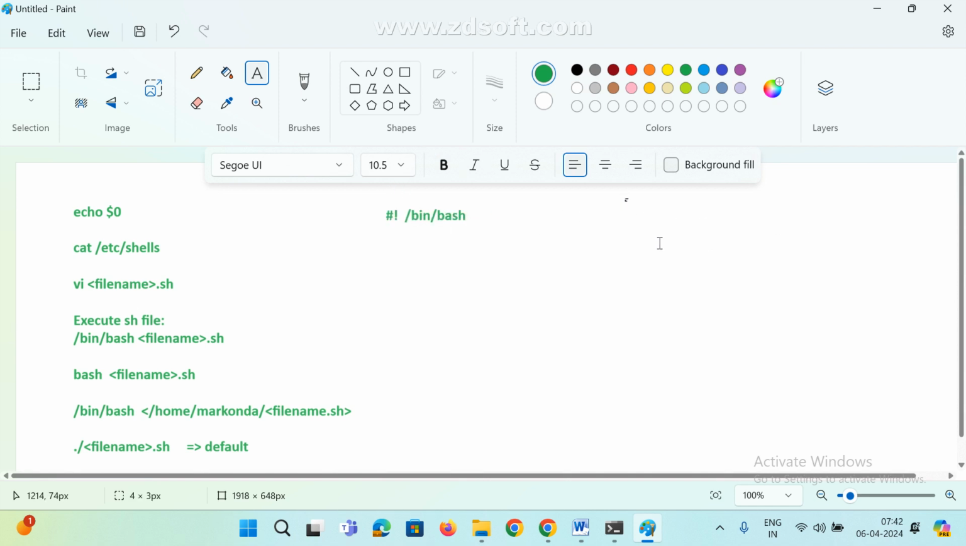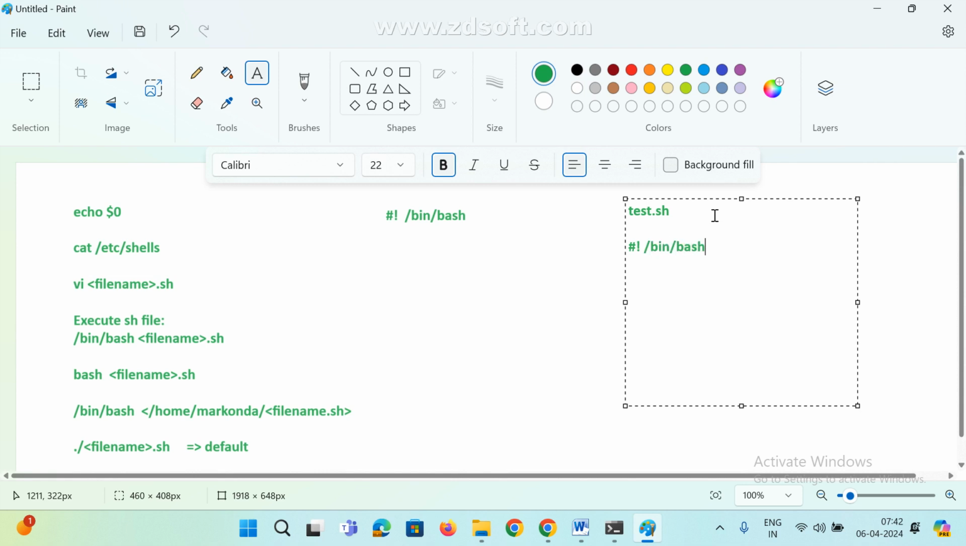Suppose I create one file, for example test.sh. In the first line I am going to add this line: #!/bin/bash. Why do you need to add this line, and what is this? Now, bin bash is nothing but, see here,